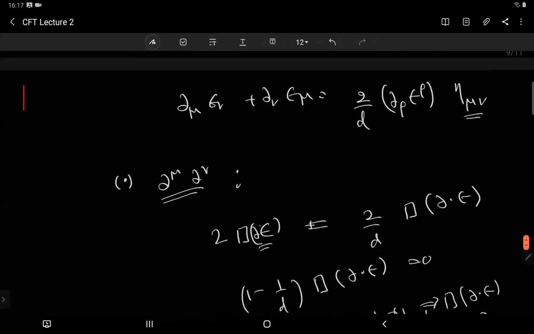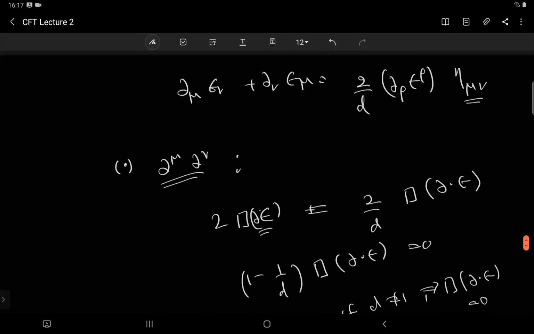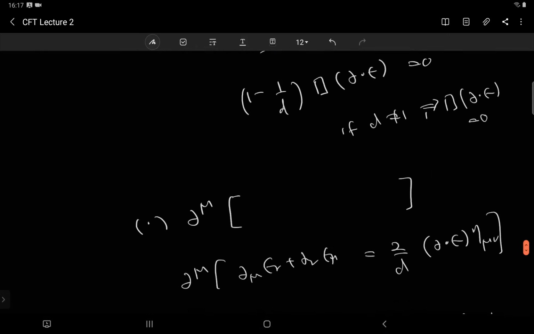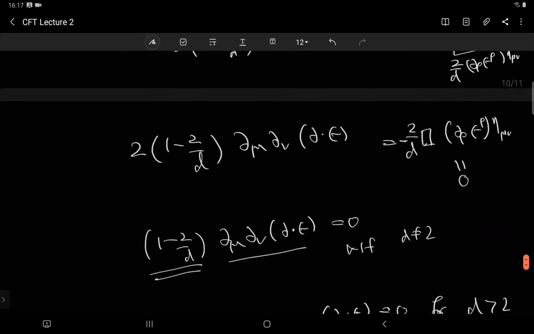Okay, so maybe there is some way of coming to this result without doing all this algebra, or maybe there's a way to understand this algebra in a more intuitive way. But I have not found the intuitive way in any book. But there must be some geometric way of understanding this also, I think. So if you do a literature survey and see whether you can find it, that will be nice. Normally the books don't have any other way. In all books I have seen, this algebra is given. But unless you know how to do this algebra, it's not clear, you will not be able to do these steps.